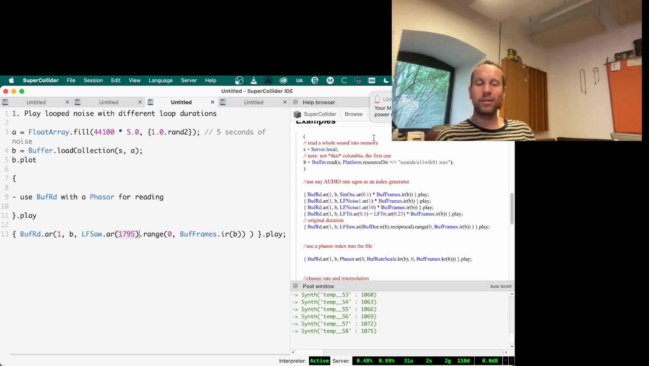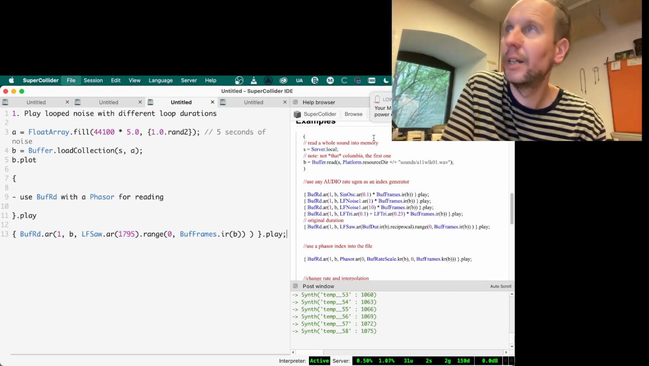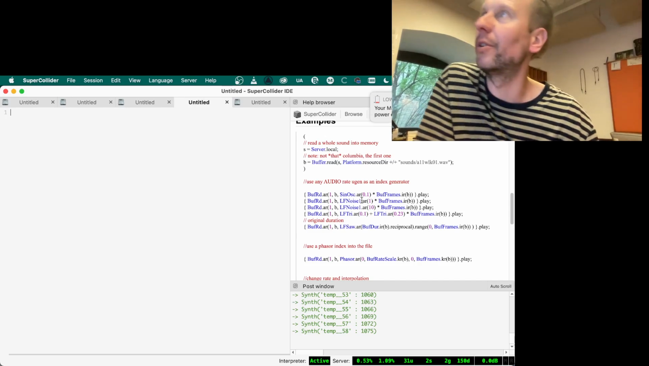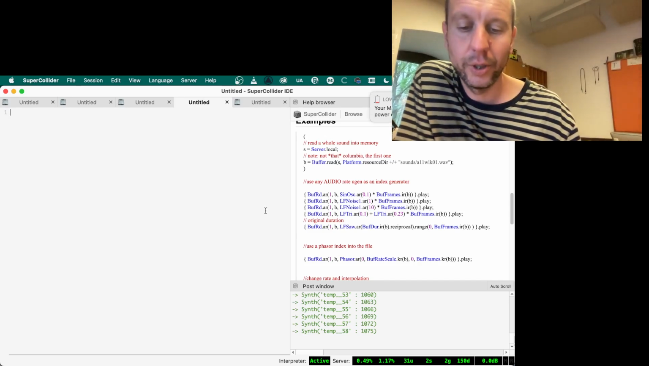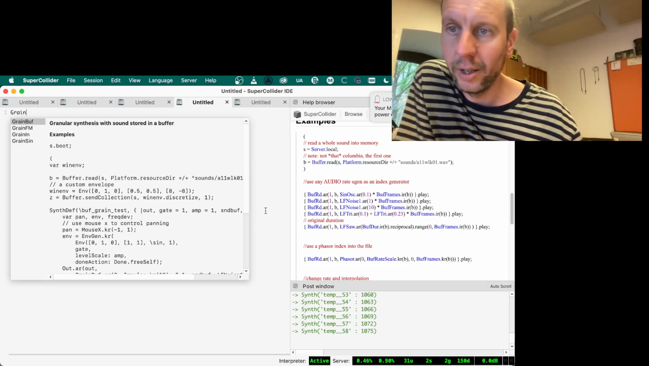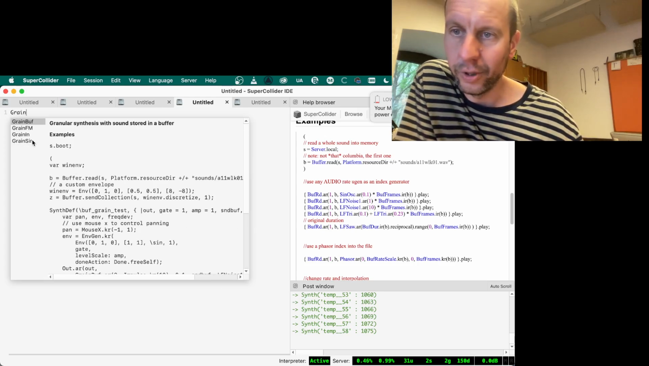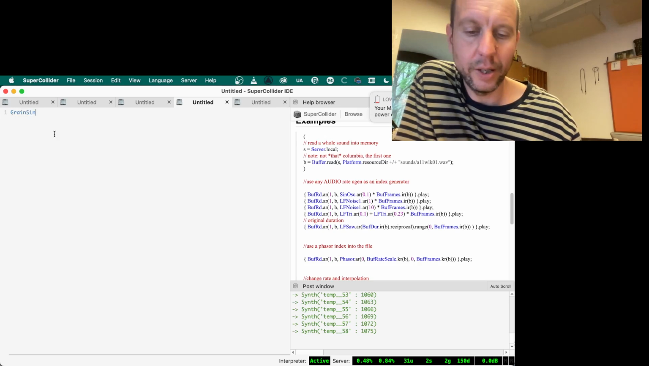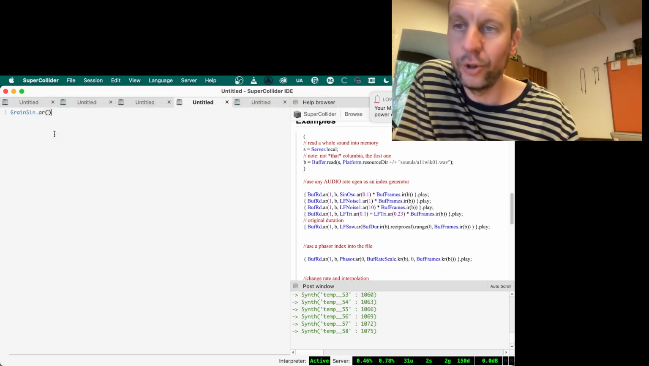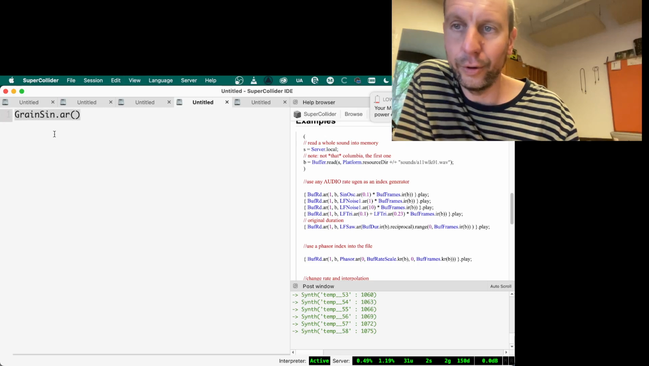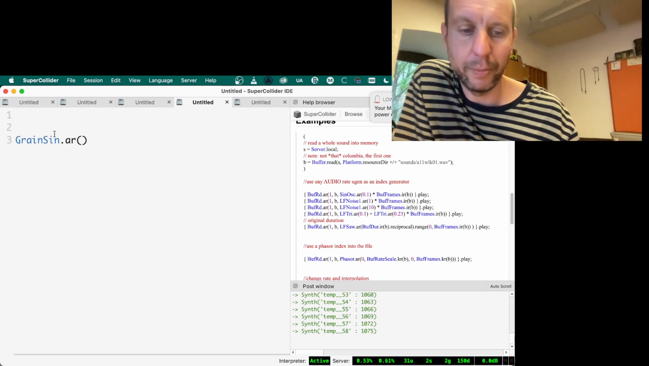So in essence, that's what we're looking at. So let's start a new chapter here, and let's check out GrainSin to start with. This is a UGen that produces sine type grains,